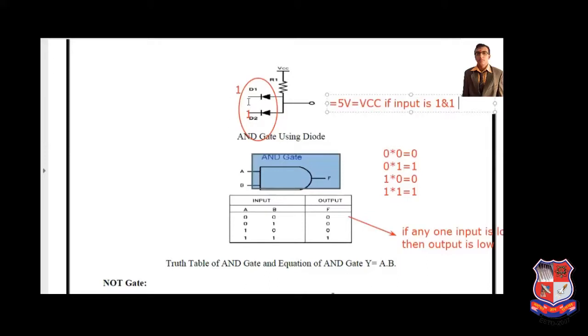Now if we apply 0 1 here, this diode acts as forward bias and this diode acts as reverse bias, so all the current flows through the ground. First of all, try to understand this particular point. It is very easy. But what is the remaining case? I have discussed this third case. See this very carefully.